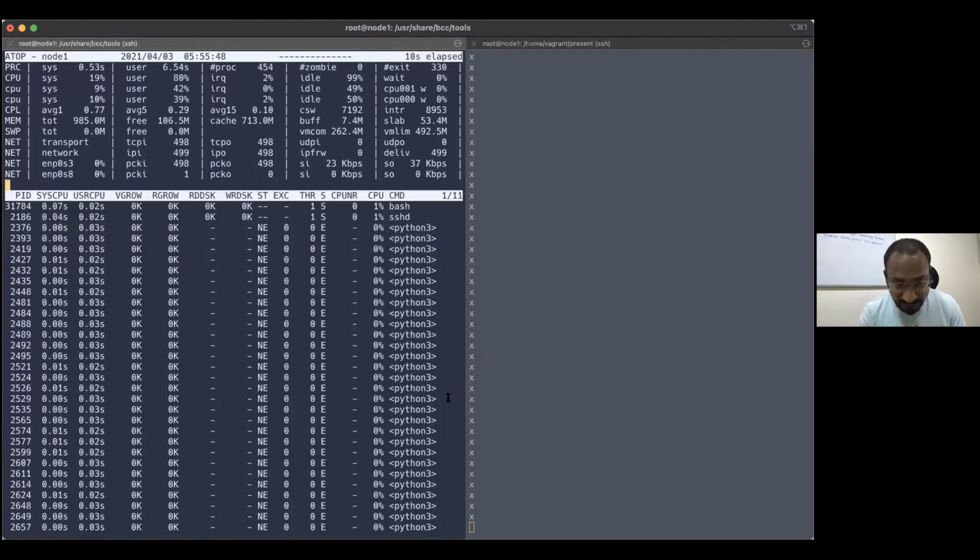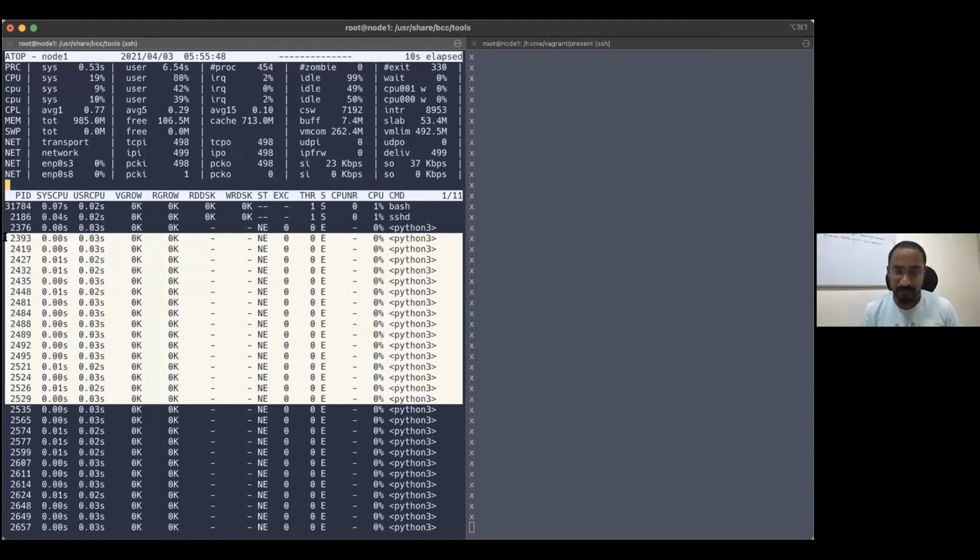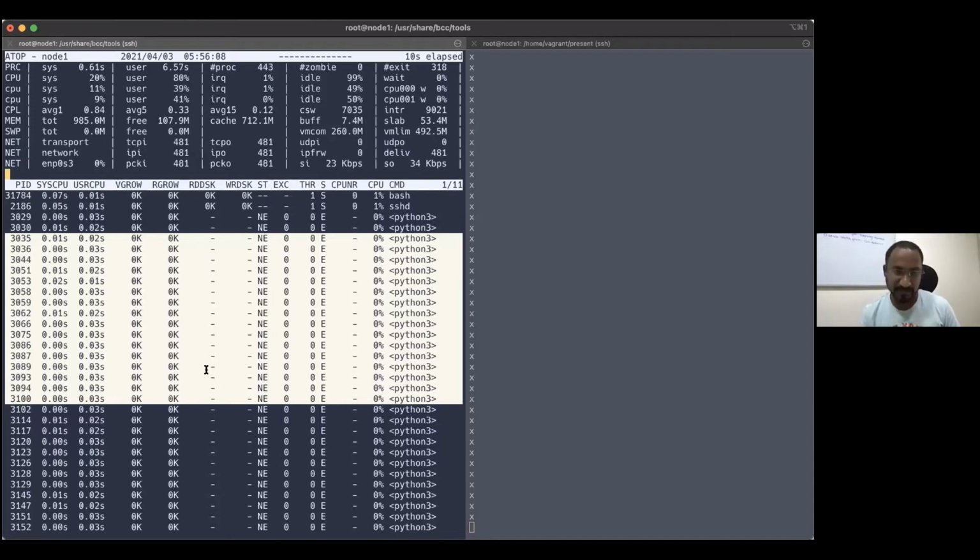You see, I'm creating a lot of Python processes, which are executed very frequently, which is spiking my CPU, right? So that is the culprit running in my system and creating the CPU issue. I need to find out if this is a proper business requirement. If it is not, I need to escalate to my application team.